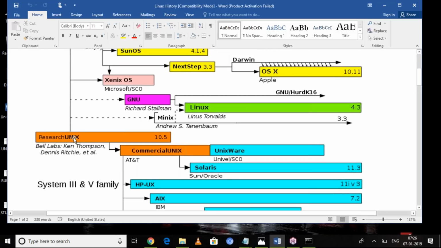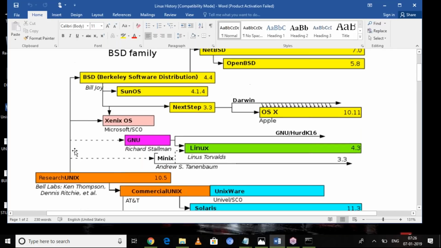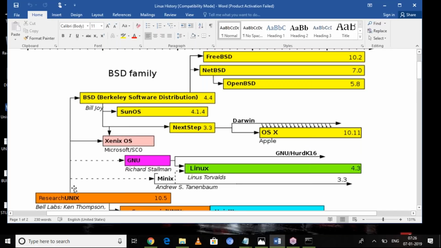From the same research, they developed some free versions. BSD. From BSD, we again have three types: FreeBSD, NetBSD, OpenBSD. Don't worry about all these names, but you should understand what is Unix and what is Linux.